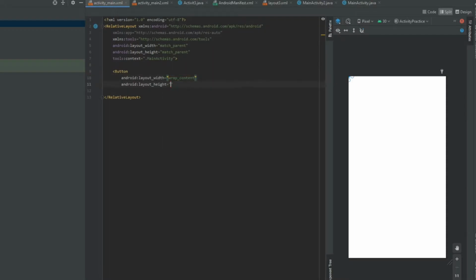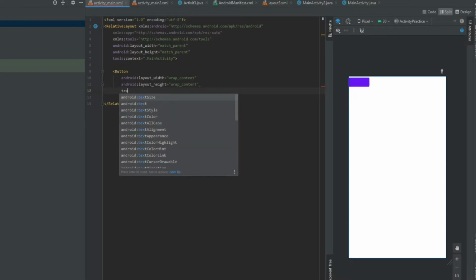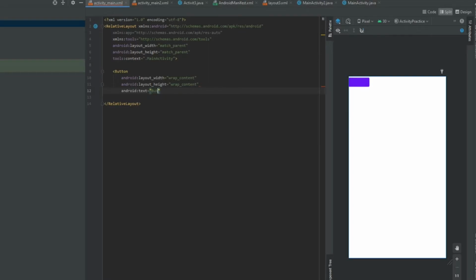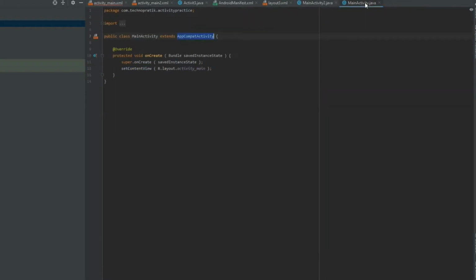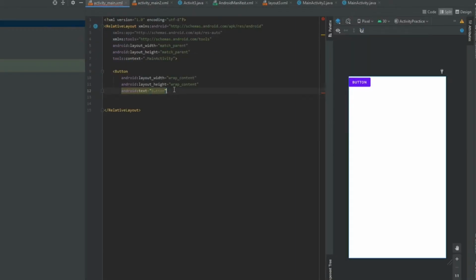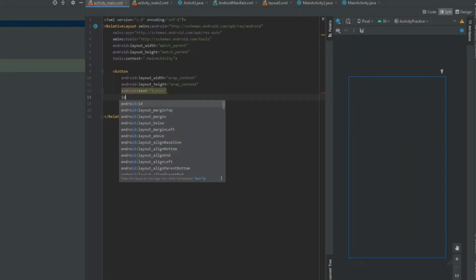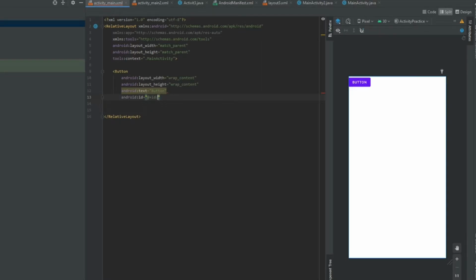Let's keep this wrap content, and we will give one text here, button. Oh sorry, we didn't give ID. Let's give ID to this. ID is equal to B1.